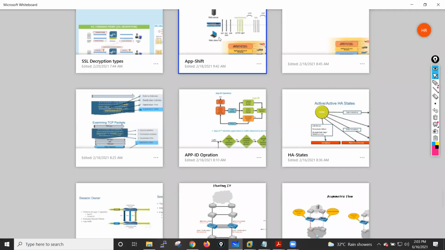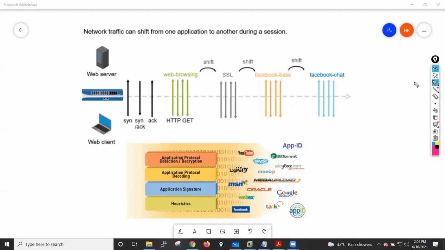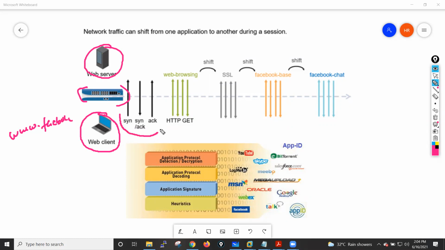Now let me also explain application shift, how application shift happens, because this is also important, guys. Let's suppose you are sitting here, this is the web server, and this is the Palo Alto firewall. Let's suppose you have opened one URL, www.facebook.com. First the TCP three-way handshake will complete, and after that your HTTP request will go to this server.